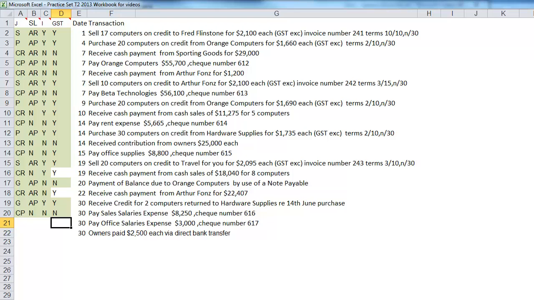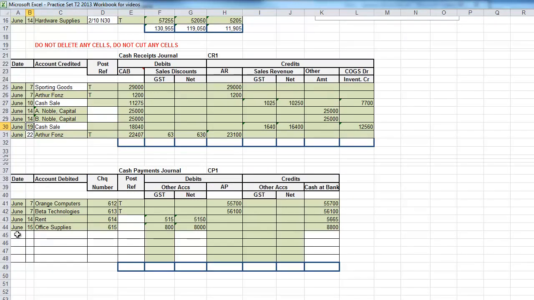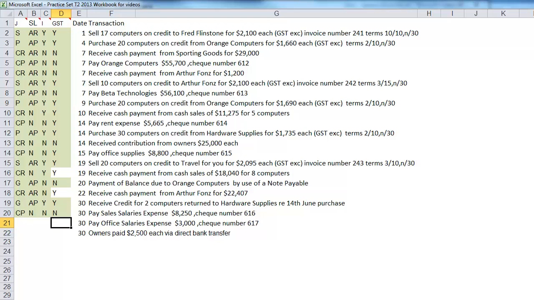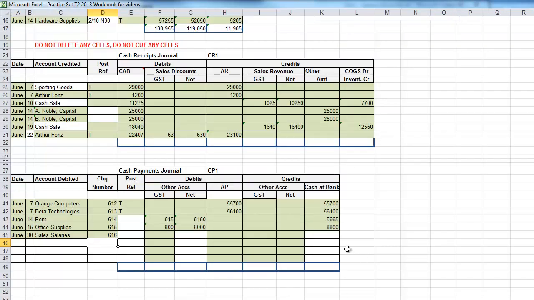So, special journals, cash payments, June 30, sales salaries, 616, cash at bank, how much are we paying? We're paying sales salaries of 8250. 8250 will be credit to the bank, it'll go down, and salaries net of GST and other accounts will be